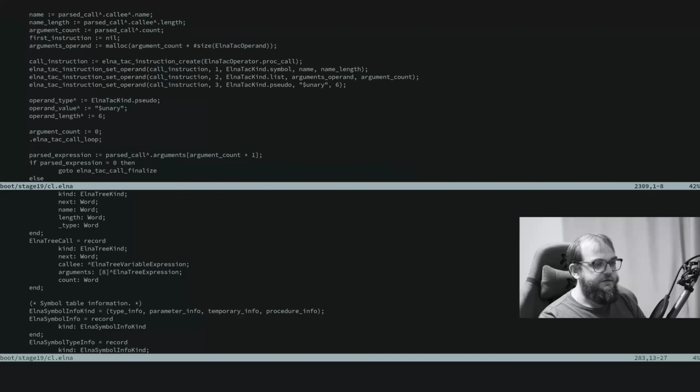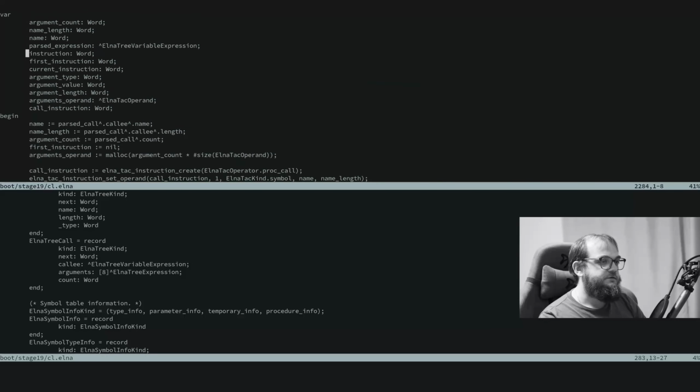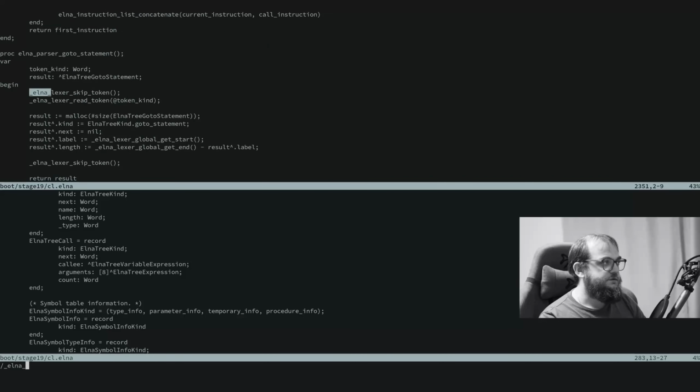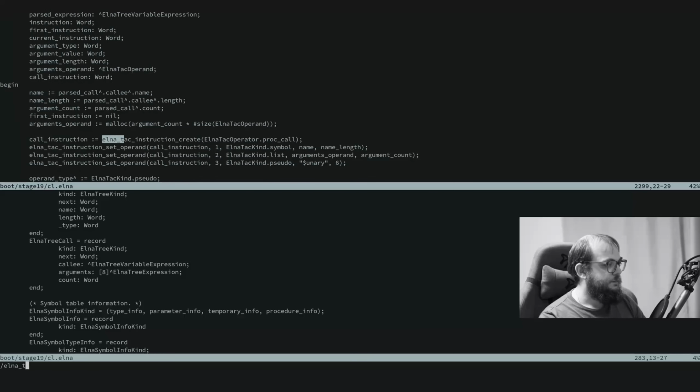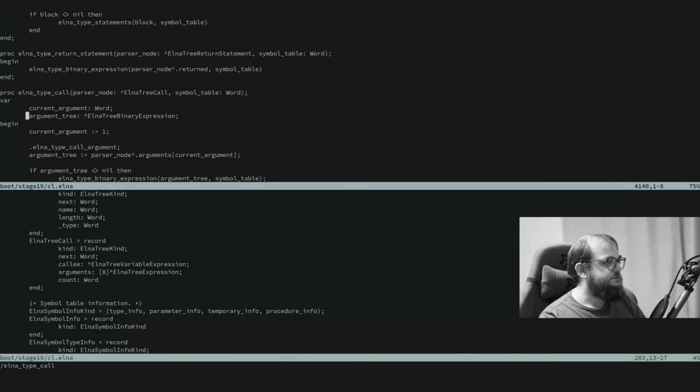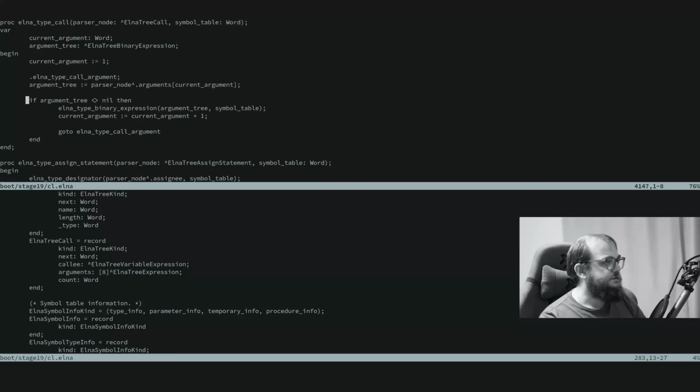So after the three address code generation, we do not need the node from the abstract syntax tree. That means that after that I do not need this nil at the end of the argument array, but I think that it was used in the type checker. Elna type call was it probably, and here I iterate the arguments again, and I call the type checker on all the arguments. But we need to